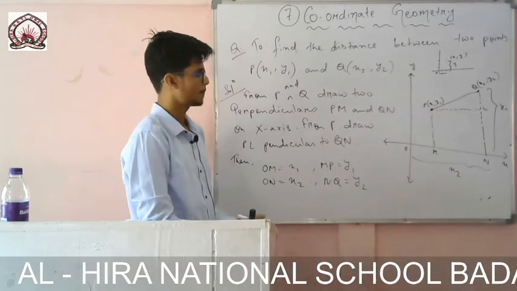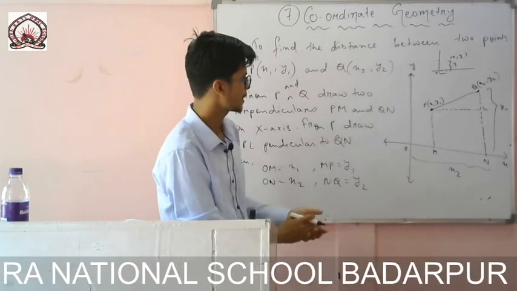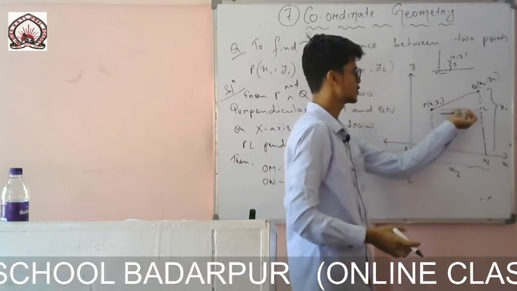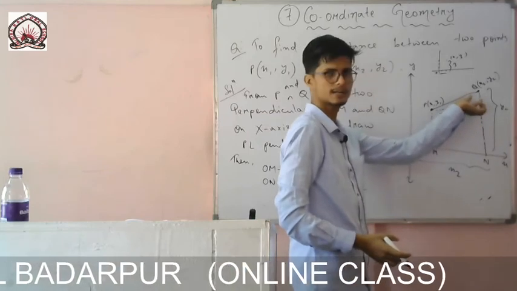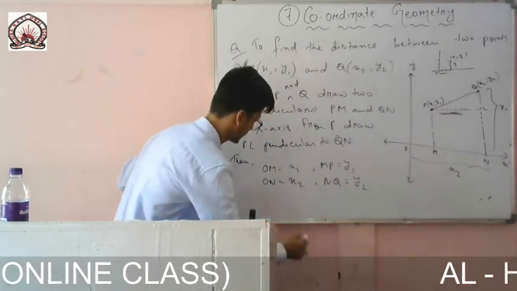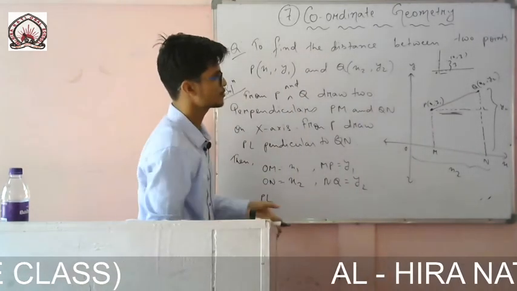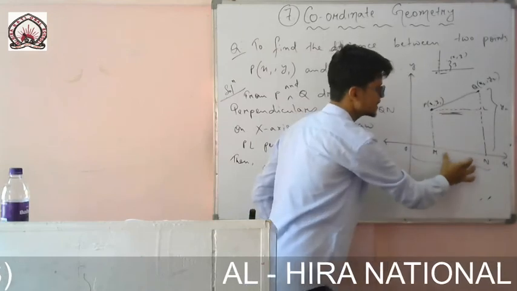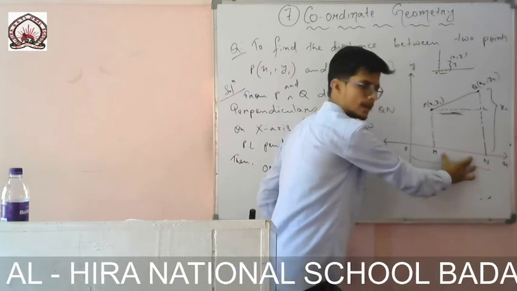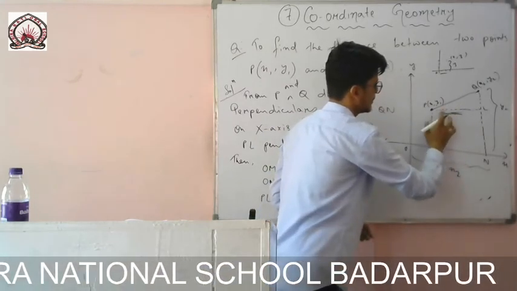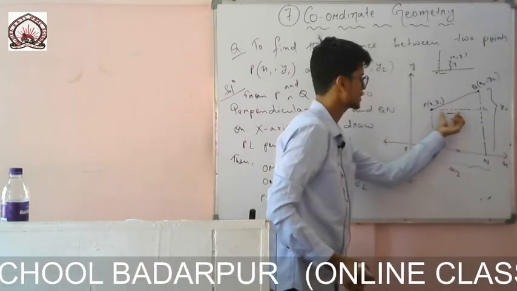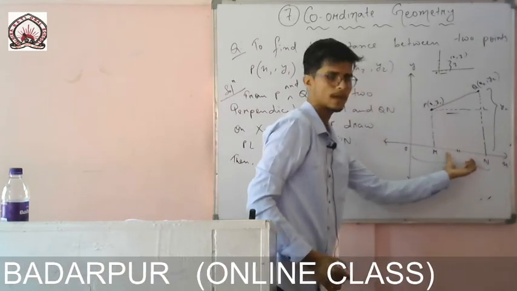Now using this I'll try to find the distance PL because I need this one. To use the Pythagoras theorem here I need these two sides. So my motive is to find PL. What is the distance? So PL, you see here this side and this side are the same. So I can write PL equals MN. It is a rectangle, you see. So this side will be equal to this side. So in place of PL I can write MN.